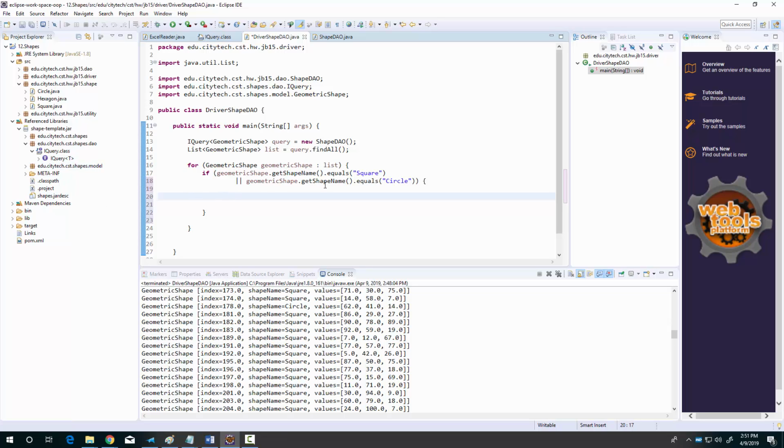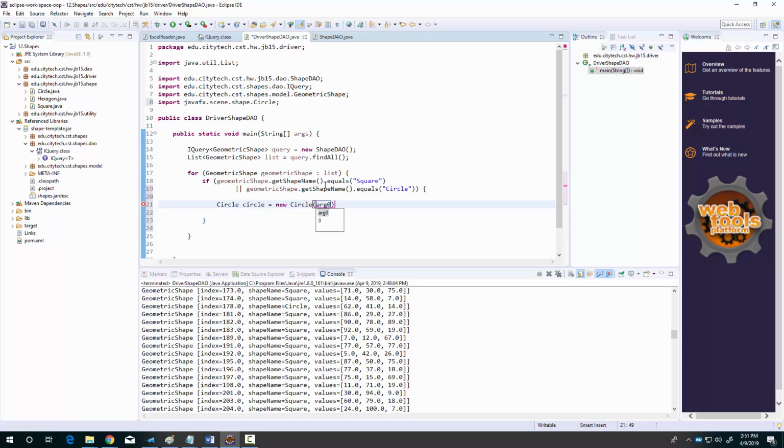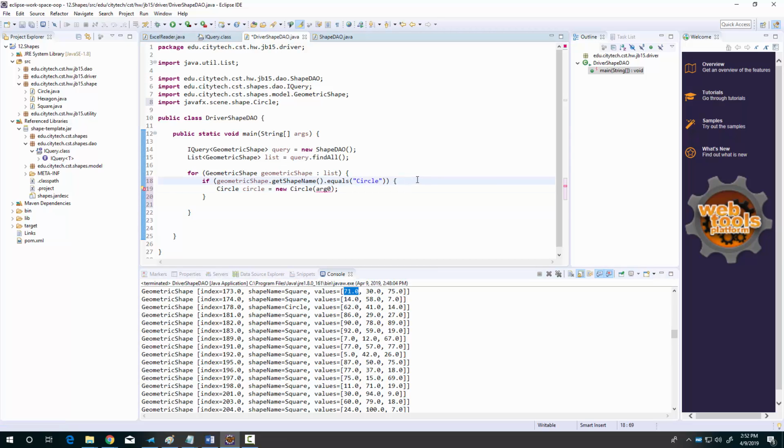Okay. So what I want to do here is I'm going to say circle is equal to new circle. And again, if I know it's a circle, in fact, you know what? I'm going to just get rid of this part of this logic here. I'm just going to handle circles first. If I know it's a circle, I want to get the value. This will represent the radius right here. So the way I do that, I will say here,